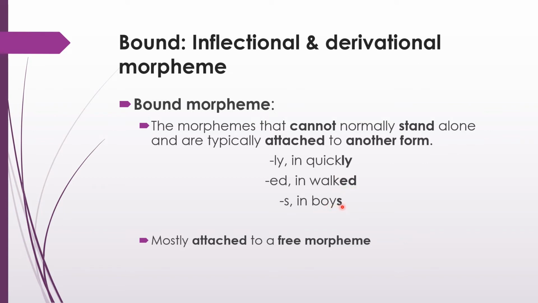In these words, ly, ed and s cannot stand separately. If you produce only ly, it will not give you anything. But if you produce ly after quick, after slow, it will give you another meaning. So we refer to bound morphemes as those that need another morphological unit to have meaning or function in a particular word. Mostly the bound morphemes are attached to free morphemes, but sometimes